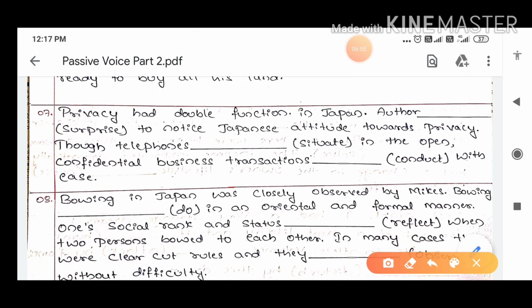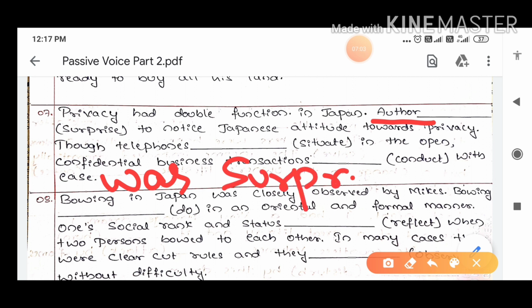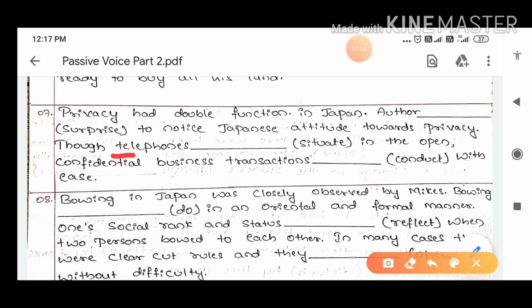Privacy had double function in Japan. Author stands for singular, was surprised. Author was surprised to notice Japanese attitude towards privacy, though telephones stand for plural, so we make use of were. Though telephones were situated